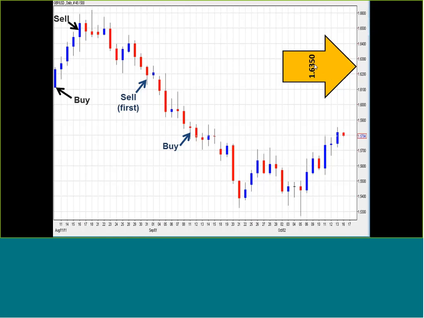Where you put the trade on and then where you get out determines your results. So if you bought it here and you sold it anywhere up to here, all of these places would be a profit because it's above where you bought it. If you bought it and you sold it anywhere down here, it would be a loss.